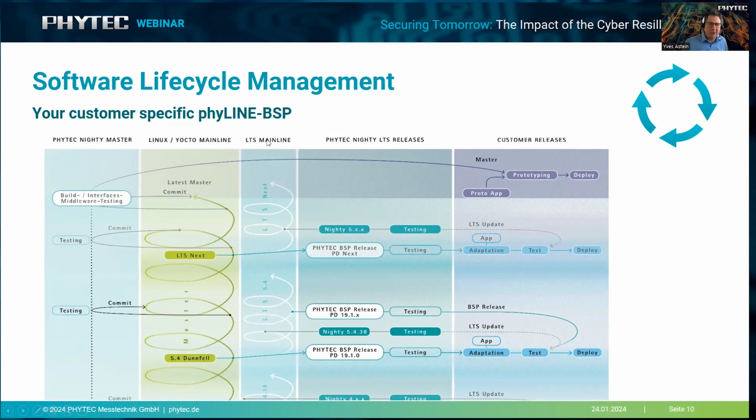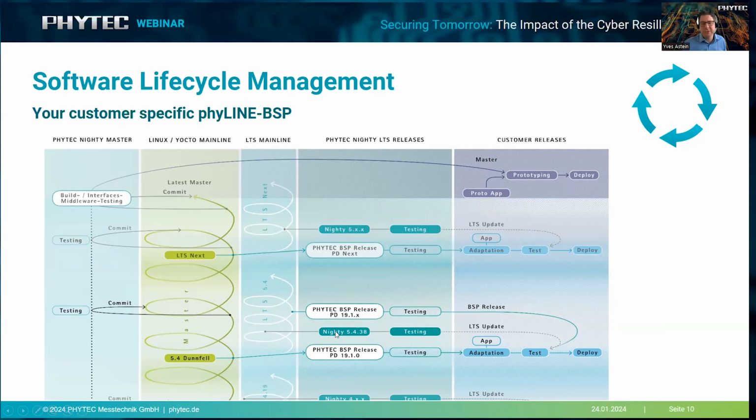Now, in parallel, mainline continuously updates the stable release with vulnerability fixes and also functional fixes. But the general functionality of the release still stays the same. This doesn't have major changes. And so this is quite stable. And so we take these updates, these LTS updates that happen typically on a nightly basis, and we pull it from the mainline and we run it and test it on our hardware.